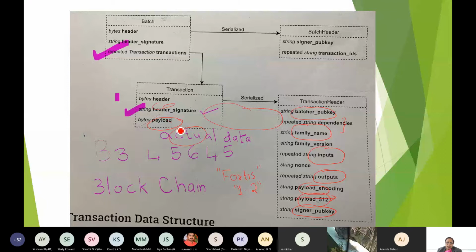in this payload, okay, and the blockchain will have the whole mechanism for serializing and forming this transaction header, and that information is stored in this header here. This is the client signature. He will sign with the private key. Here, okay, the same procedure is applied for the batch and this one also.